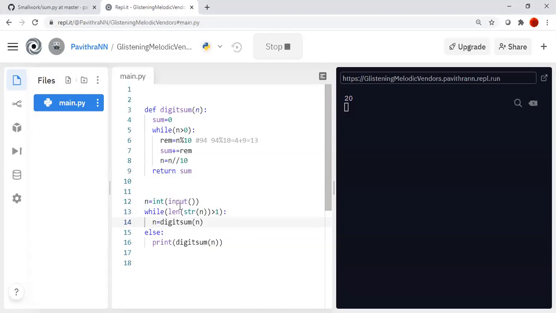Then only n will be changed again and again. Otherwise, it will not change. That's why the output did not come here. I will run this again.